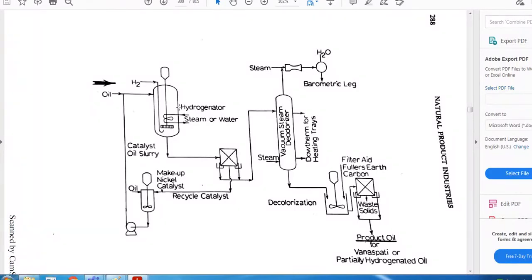On the surface area of the Raney nickel, the oil should come from the bulk, and from the bulk of the gaseous phase, hydrogen should come to the surface. At that surface, they will collide according to the collision theory, and if the collision is effective, the molecule will be hydrogenated and then it should desorb from the surface. So this many things should take place inside the reactor. For this purpose, you can imagine what the role of the agitator is.